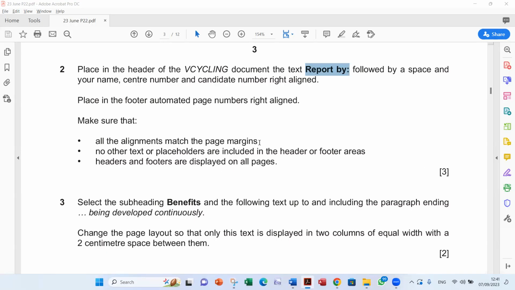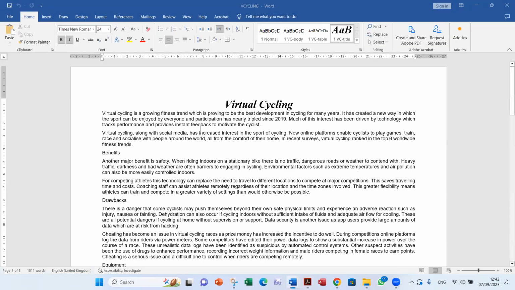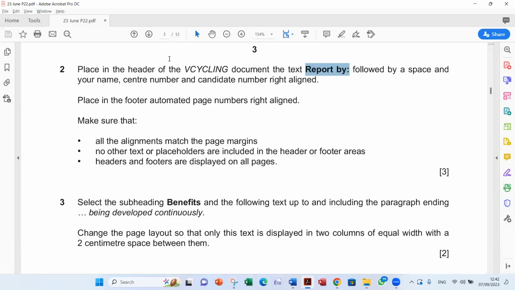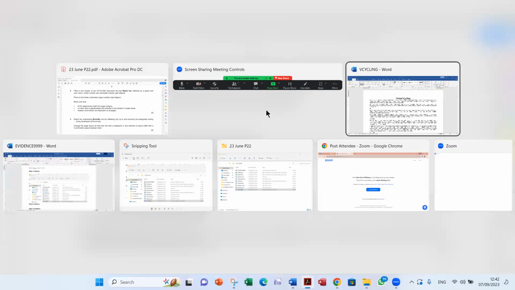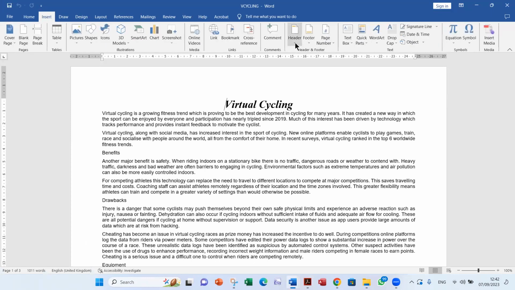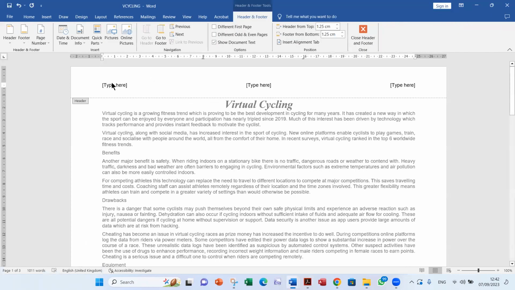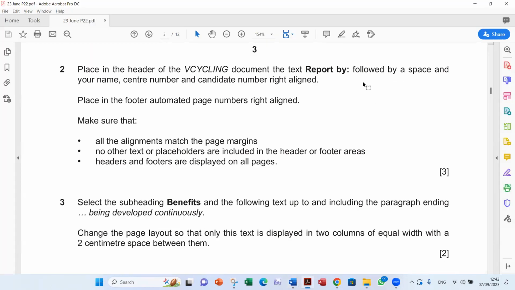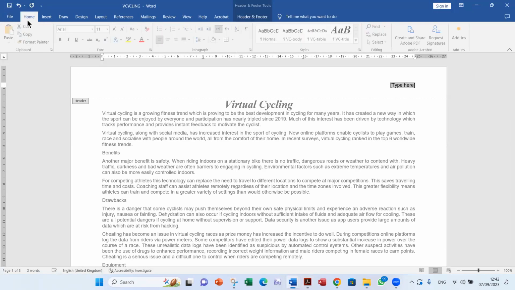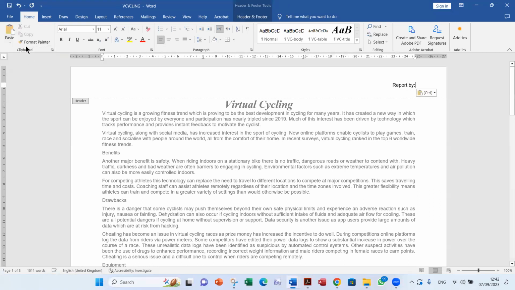Let us do this again in the correct file. So this is the document, and in the header of the recycling document, insert header, 3 column, and you get rid of that. You go to the right of the header, you put the text report by and a colon, and then you put your name, center number, candidate, and then